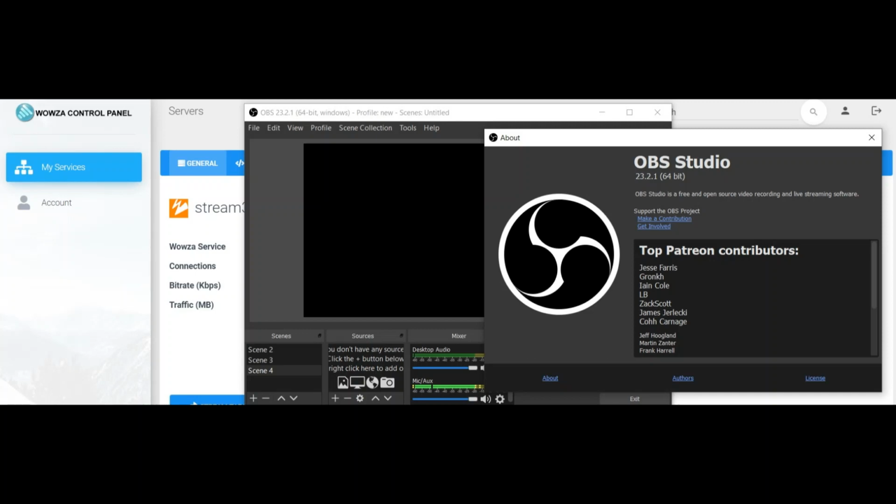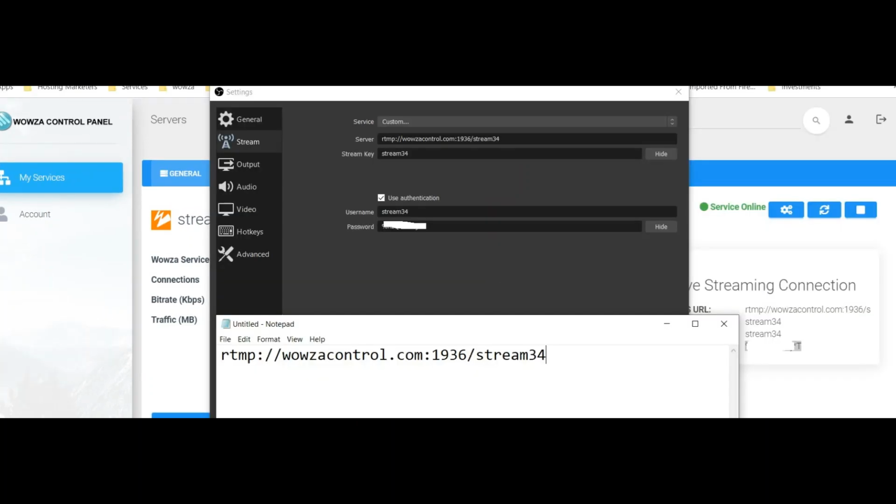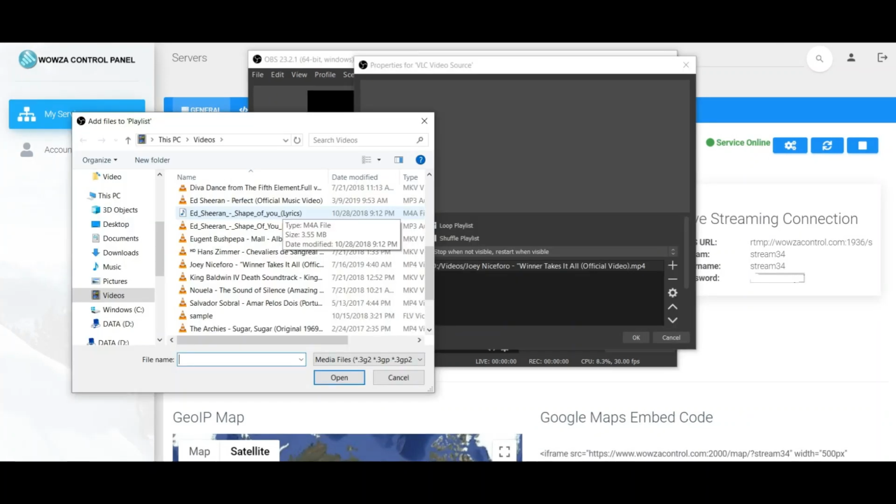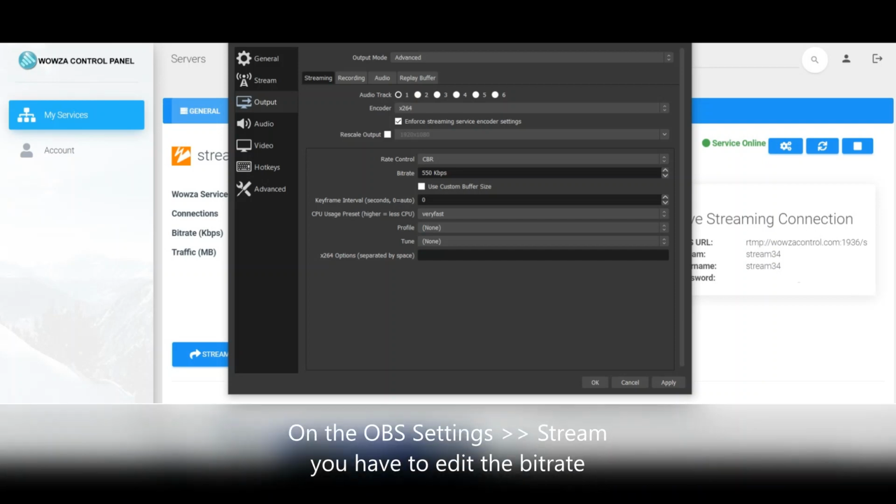OBS is probably the most popular software for encoding. It is free and it is a very good professional system. And you just have to go to the settings, general, and then stream to get your connection information, username and password. And then you can select the source, video files or live stream. You can connect even to your game player,